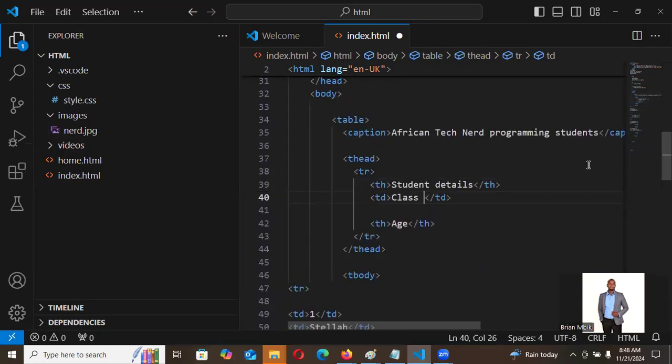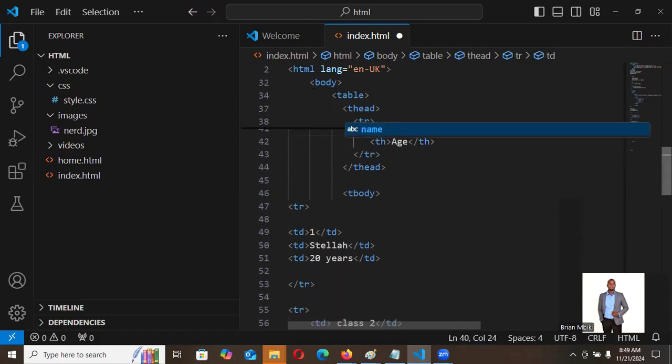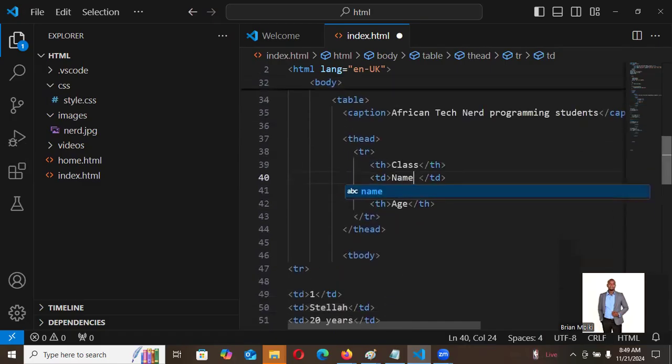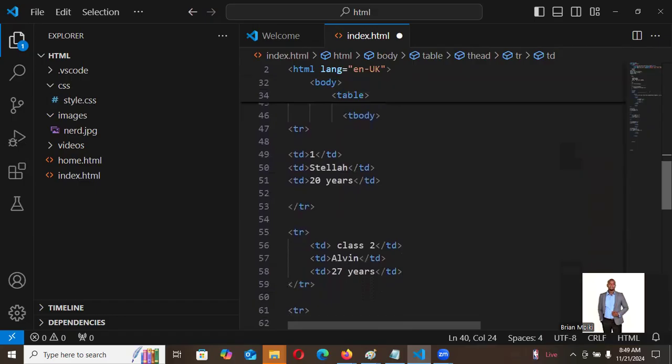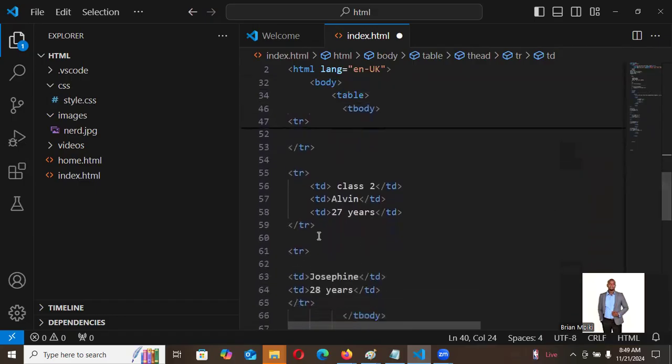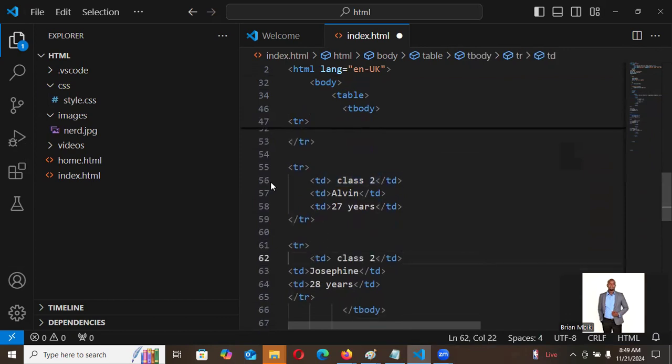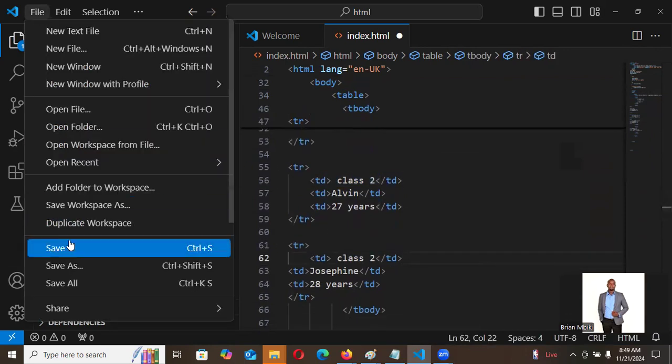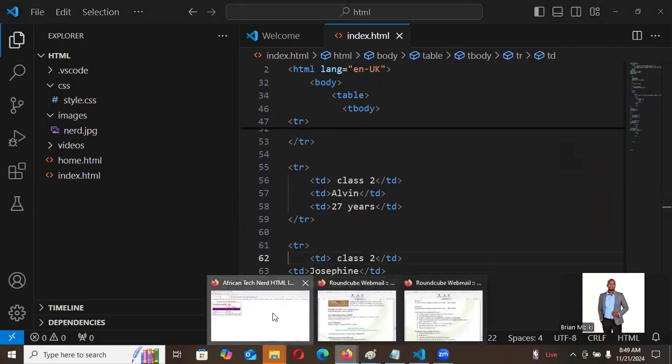This was class name, and this was class 1, class 2, and also another class 2 here. So if I save like that, you will appreciate